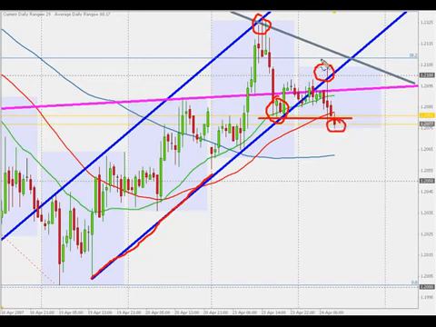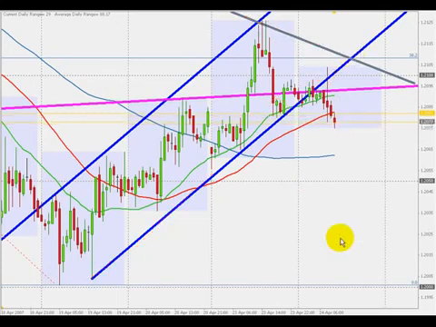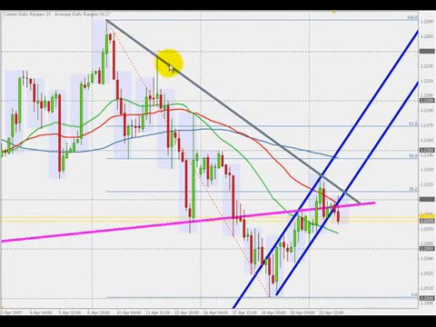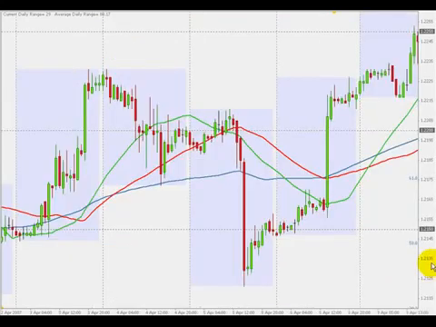This is added to the fact that we bounced off the 4-hour trend line. Let me zoom back into the 4-hour chart. There it is, linking the swing high with the next high. We have a trend line, and it found resistance here again. So going back to the 1-hour chart,